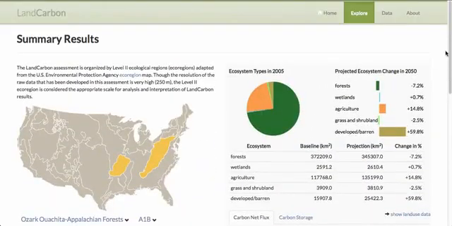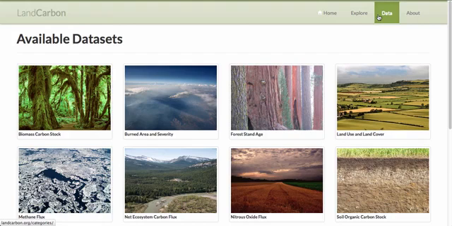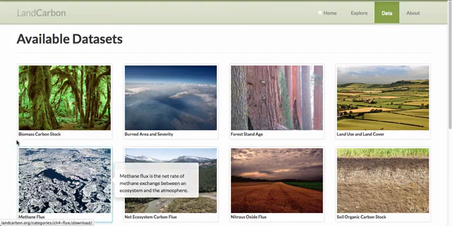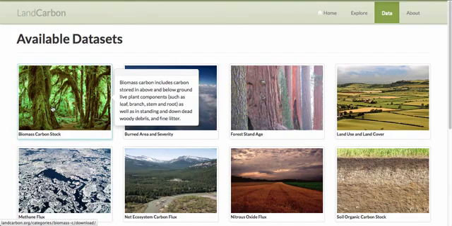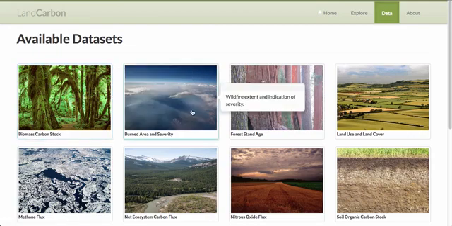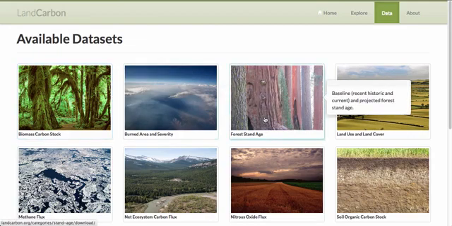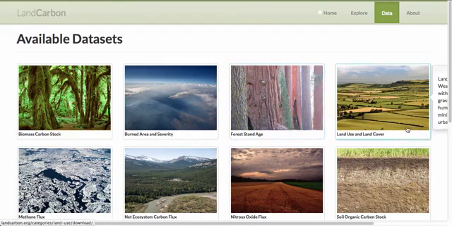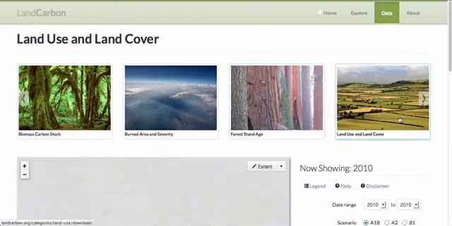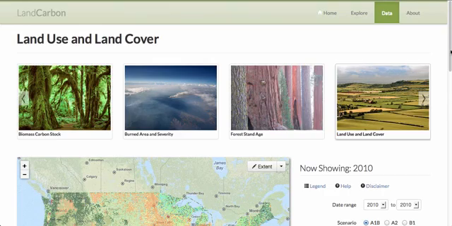In addition to being able to explore the national assessment data, we can also distribute the data from this website. We have available data sets that went into producing the national assessment, as well as data that were produced by the assessment. This includes biomass carbon stock, burned area and severity, forest stand age, land use and land cover, and many other types. If we click on one of these data sets, land use and land cover in this example,